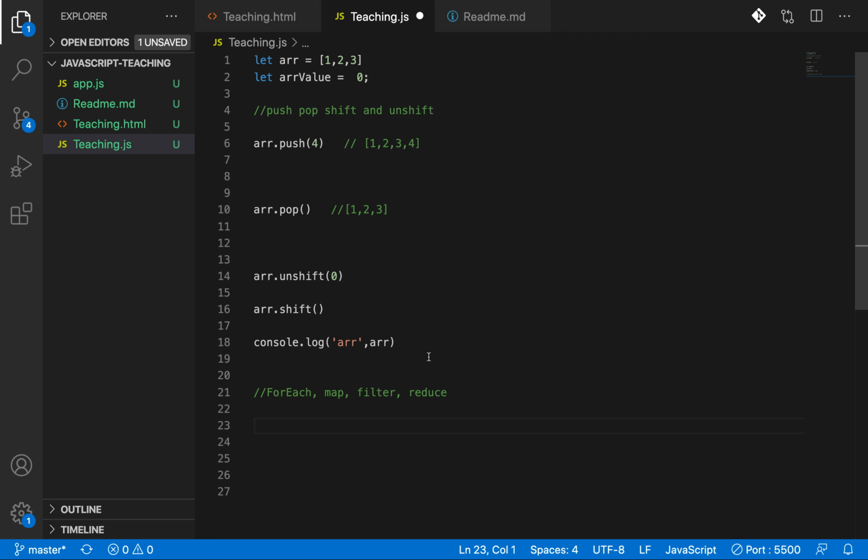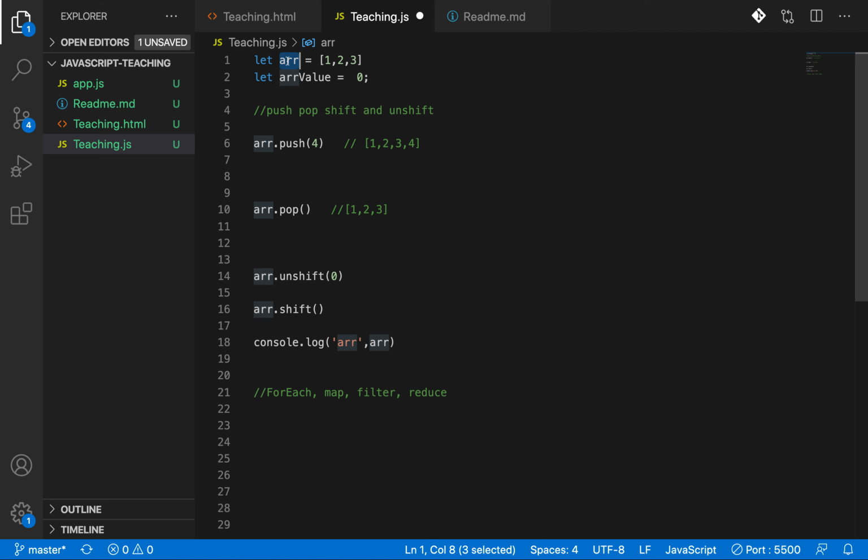What is forEach? Basically forEach is a method of an array, or you can call it an API of an array. It takes each element of the array and passes it into the forEach. forEach takes a function as an argument, and whatever logic you keep in the function, it runs that logic. So let's look into one example.